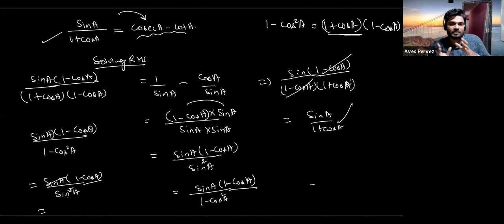So we can solve a problem from the left hand side to the right hand side, and we can also solve it from the right hand side to the left hand side. It's our choice. Most of the time, when we get stuck in a problem, try to change your method. If you were solving the LHS, then start solving the RHS. Then you can get the problem. Got it?